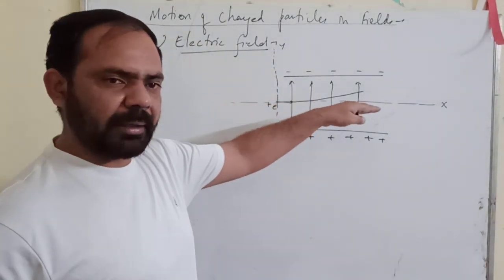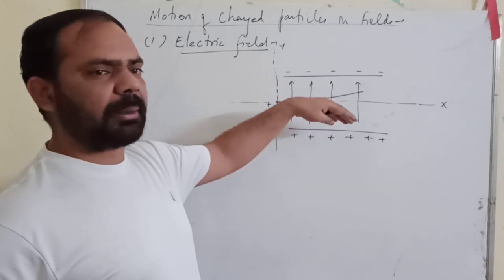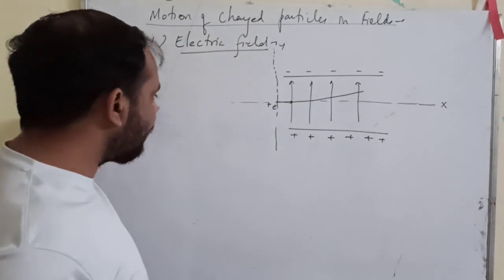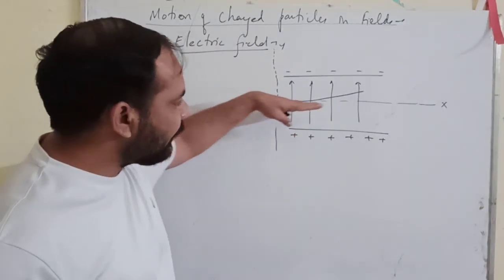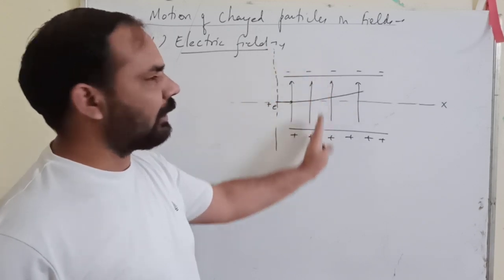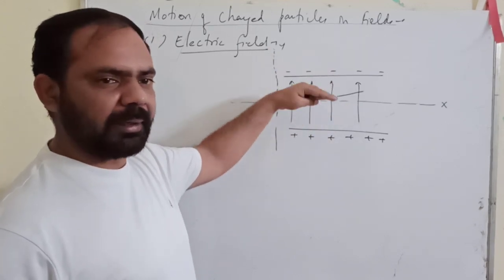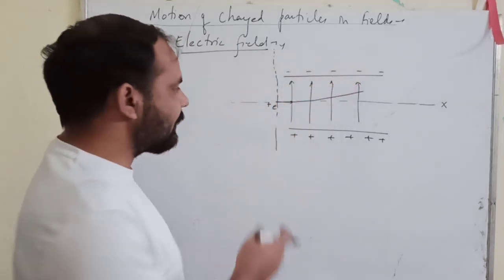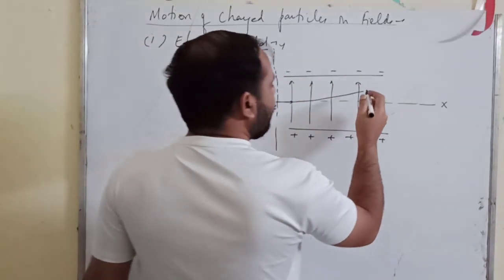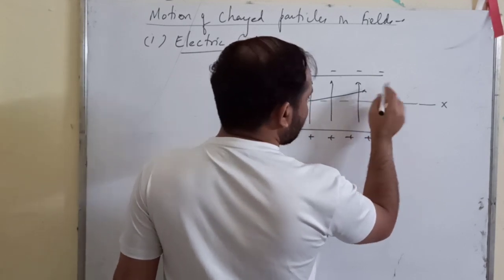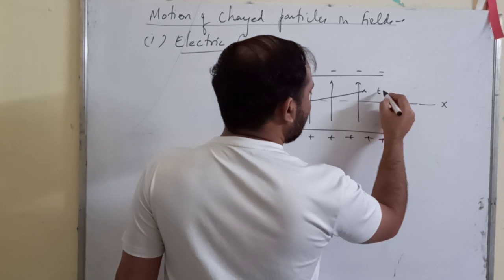Now it has two components of its velocity. One component is because of its inertia, that it entered along x, and the second component is provided by the electrostatic force, the force of the electric field. So it will move along the resultant of the two velocities like this. Now let us suppose that at time t it reaches this point here.